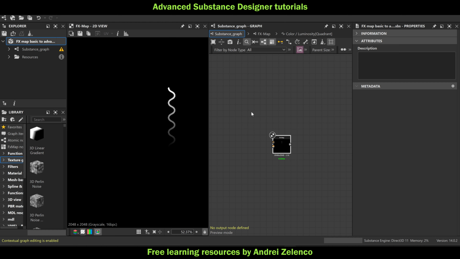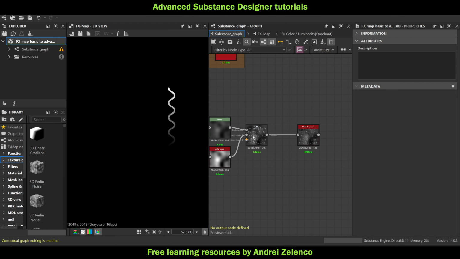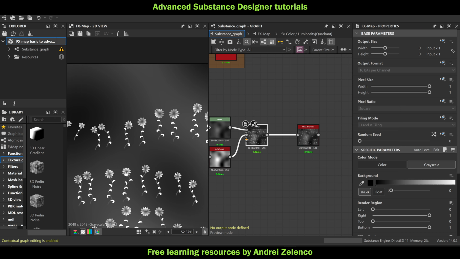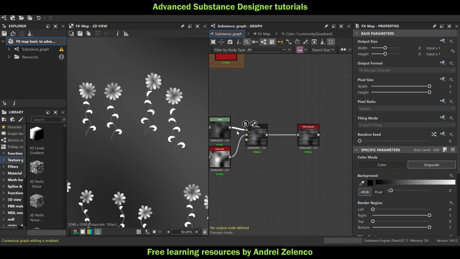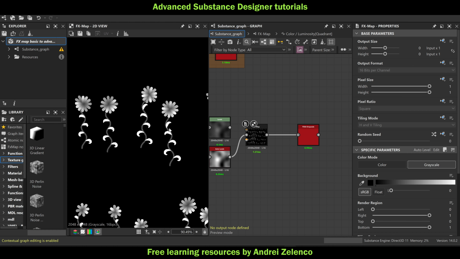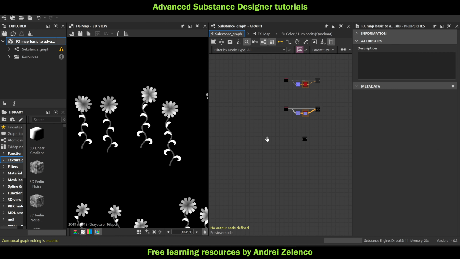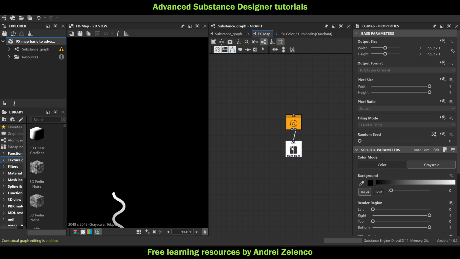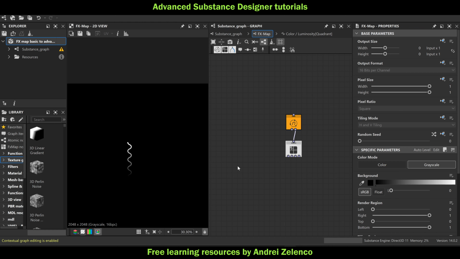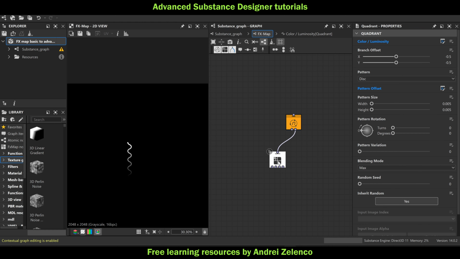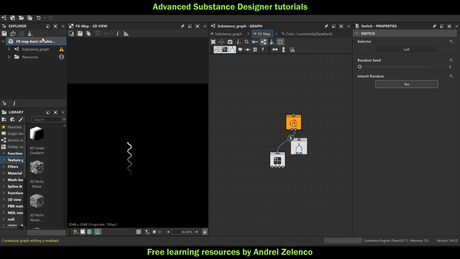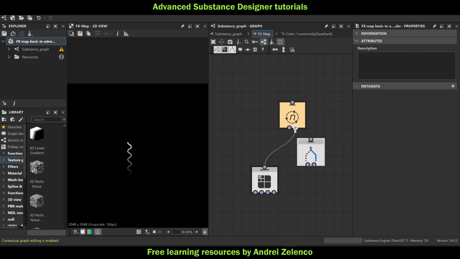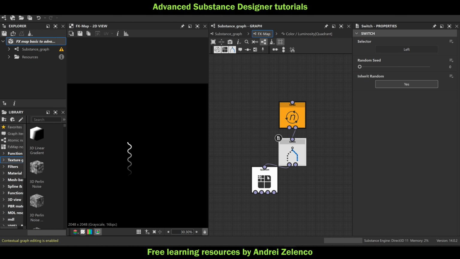Now we need to move on and make the leaves. So that's the original shape. Maybe we'll just disconnect this for a moment. So this is our initial shape, and then we want to add leaves. So let's do the leaves now. Go here, and we need to do a branch. So for this, we need the switch node. And also at this point, I will